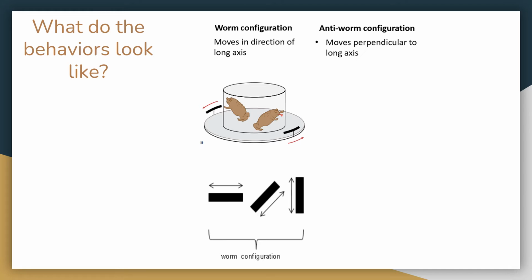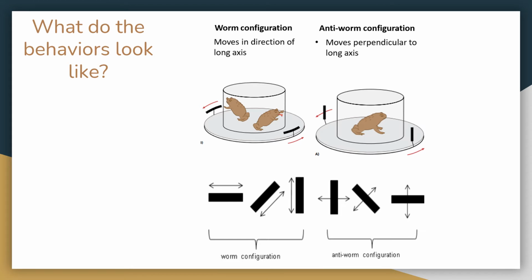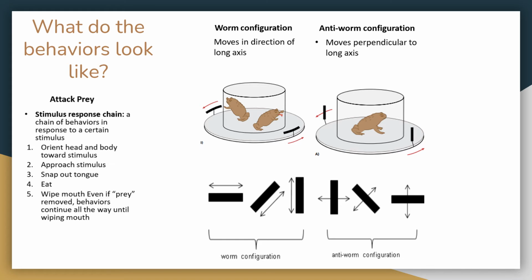the toad. For non-worm configuration or anti-worm configuration, it's when the prey moves perpendicular to its long axis. So in the example, we can see how a vertical bar is moving horizontally, and that's eliciting an avoidance response from the toad. When a worm configuration response is elicited from the toad, this starts a stimulus response chain, which